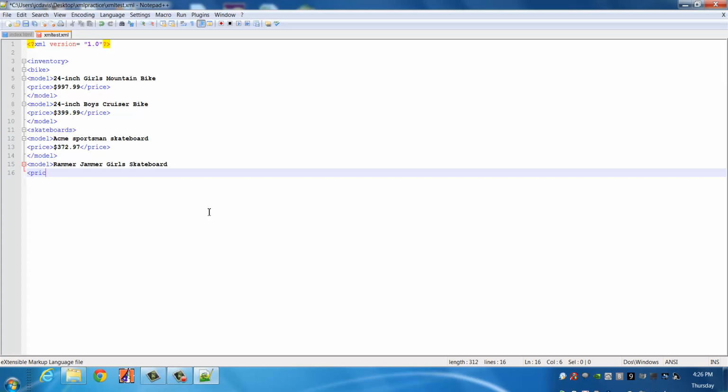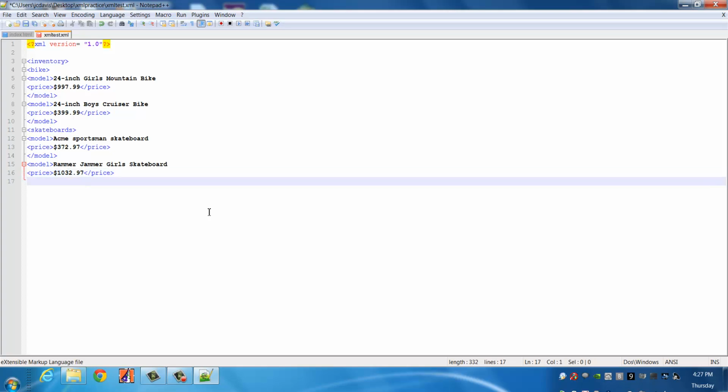It's got pink, but it's a bold pink. You know, it's a girl's skateboard, but it's a bold skateboard. You don't want to mess with this girl on this skateboard, basically, is what we're saying here. It's a nice one, so it's $1,032.97. Close out that price, and we'll close out that model,